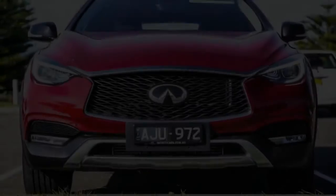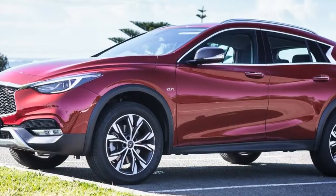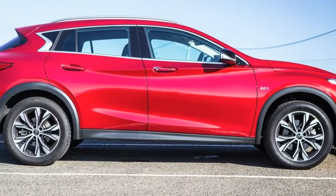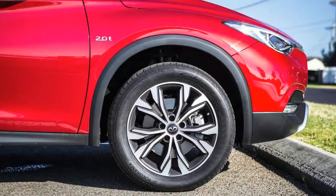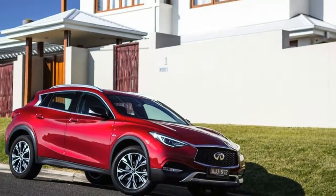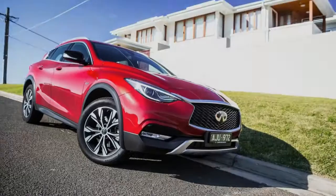A Mini Countryman kicks off from just $39,900, the BMW X1, the Mini's twin, is from $49,990 in base model guys. An Audi Q2 can be had from $41,100 or a Q3 from $42,900. That said, the QX30 has all-wheel drive as standard, and to get that in an X1, Countryman, Mercedes-Benz GLA,